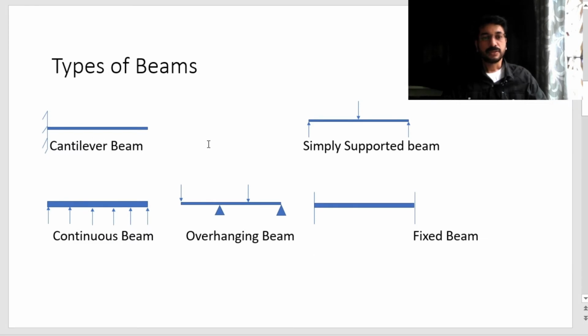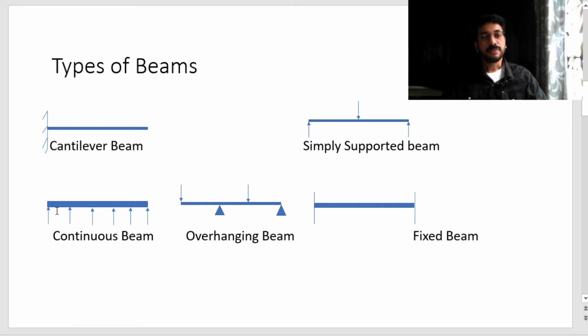Beams are classified on the basis of their supports. When two simple supports are provided at the ends of a beam, it is called a simply supported beam. The distance between the two end supports is known as the span of the beam. If any beam is projecting from its support, it is called an overhanging beam. When one end of the beam is fixed and the other end is free, it is called a cantilever beam. When both ends of the beam are fixed, it is known as a fixed beam.